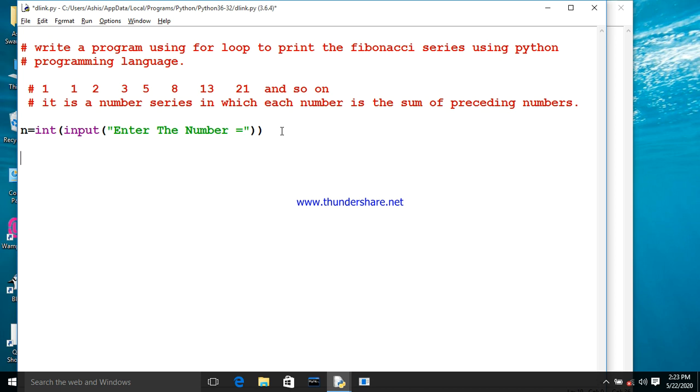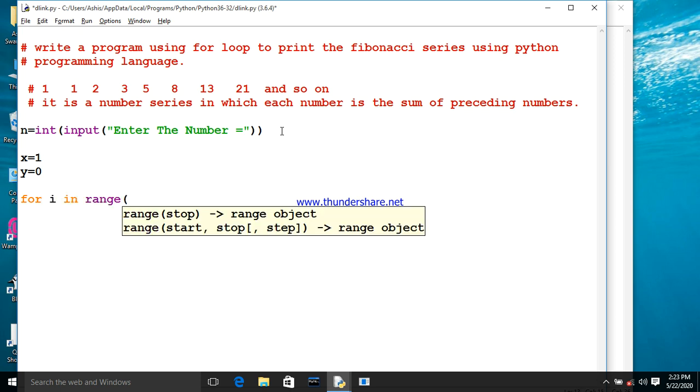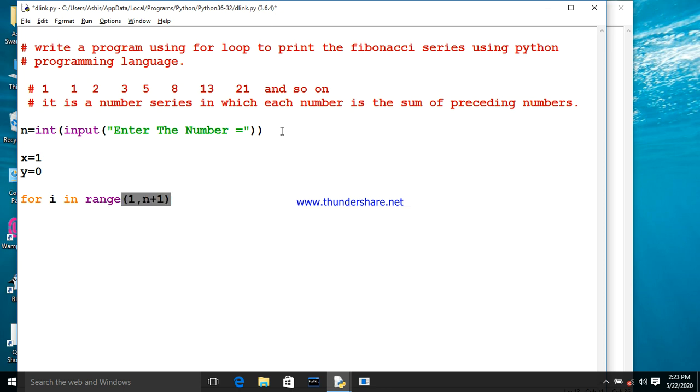Then the second step is to use x as a variable and assign the value 1 to it. Then again I will use y as a variable and assign the value 0. The next step is to use the loop, the main step. Here I have described a for loop in Python. The syntax of the for loop is given below: for i in range(1, n+1):